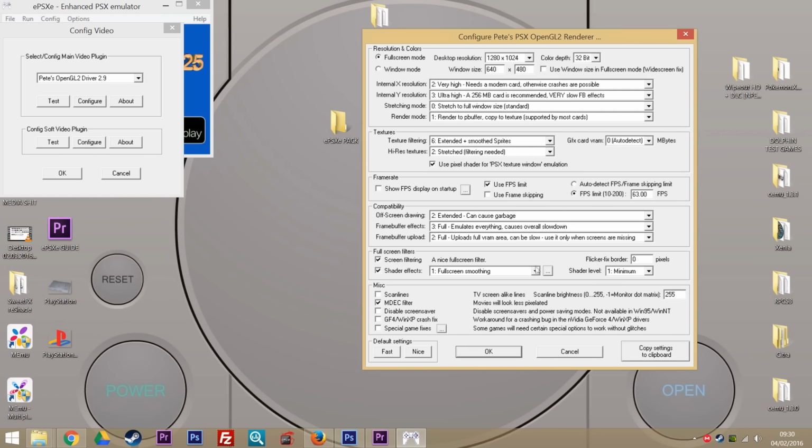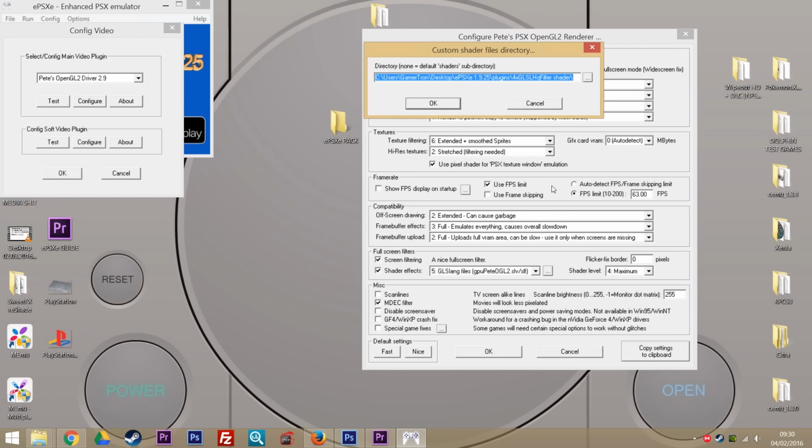But I'll show you now how to get it working the way 99% of these shaders work. Okay, so on here you want to pick 5 GL slang files. On here you want to take it up to maximum. Take it to the max. And that's it really. That is all you need to do in terms of settings. Now what you need to do is choose which actual shader you want to use for rendering your games. So all you need to do is click on that little random box,